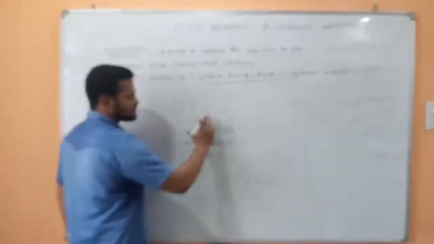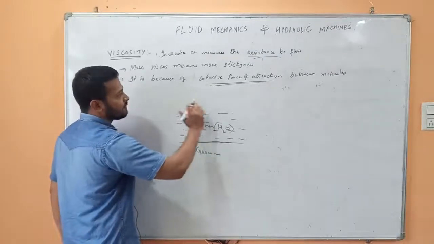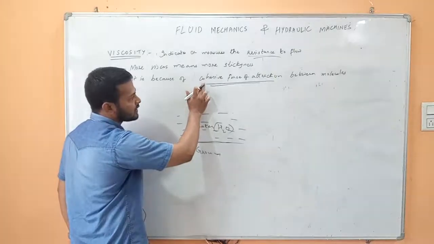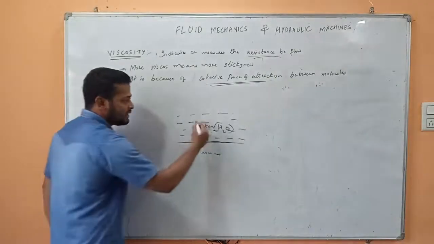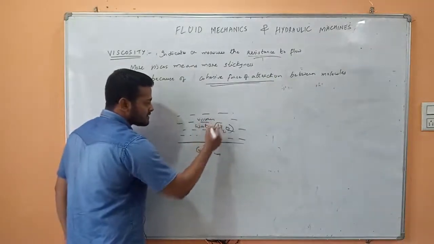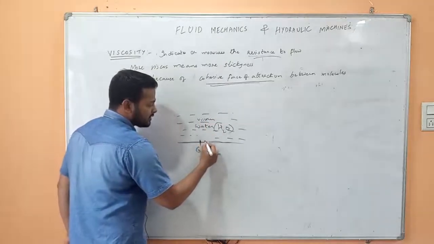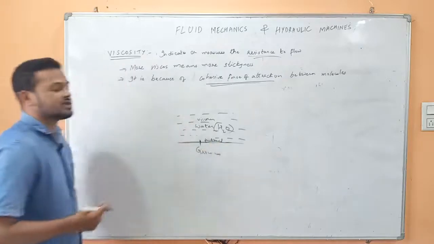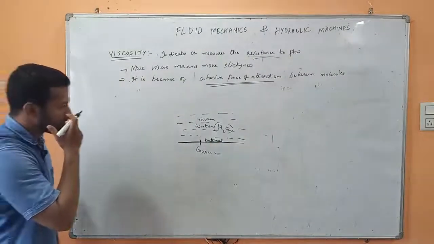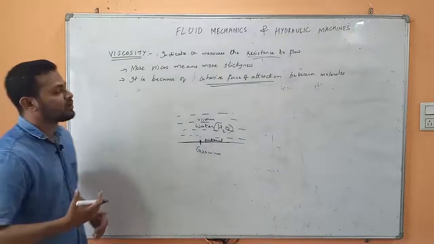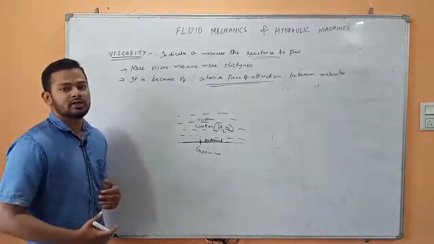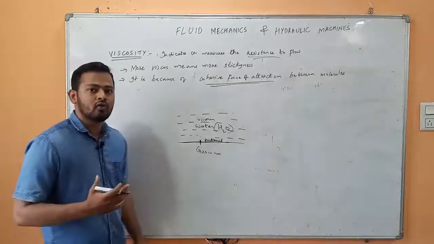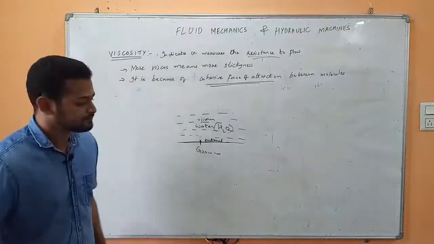So this is within the material, the force of attraction between the same type of molecules, which is called the cohesive force of attraction. Here the resistance is viscous resistance, and in between these two the resistance is frictional resistance. That's the difference between viscous resistance and frictional resistance. So in short, you can understand viscosity as stickiness. More viscous means more stickiness, so I have to apply more force in order to bring the liquid in motion.